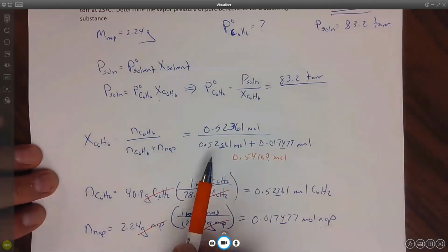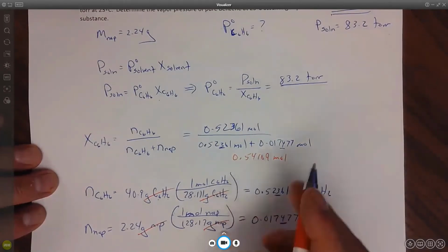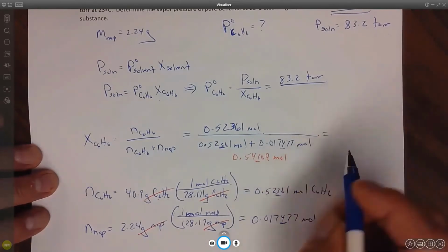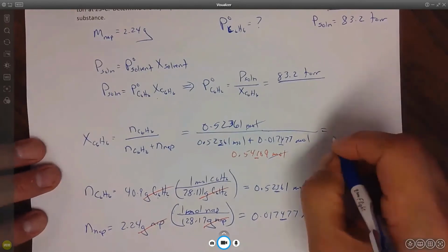So this is 1, 2, 3 passed. This is 1, 2, 3, 4 passed. So this can only be 3 passed. Now we're going to plug this into our calculator. So the moles are going to cancel. And that's going to give me a mole fraction of